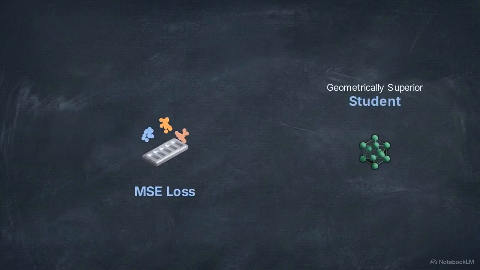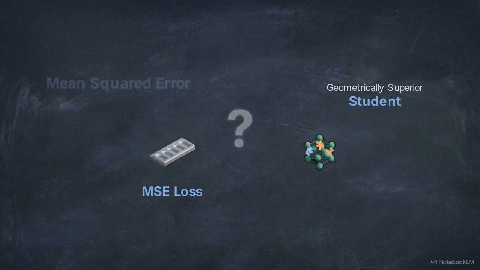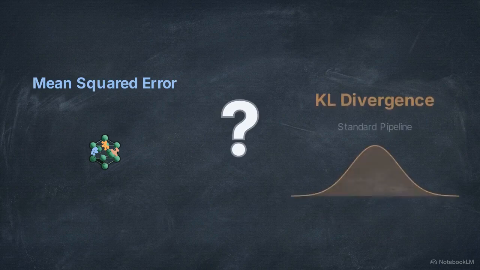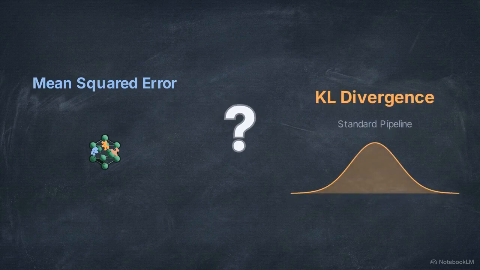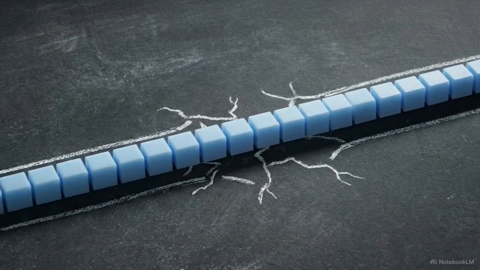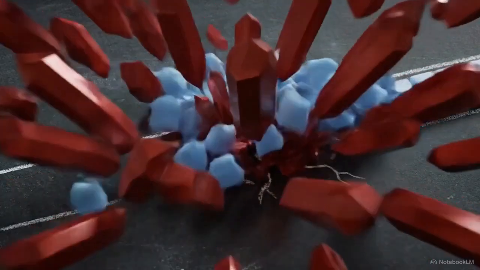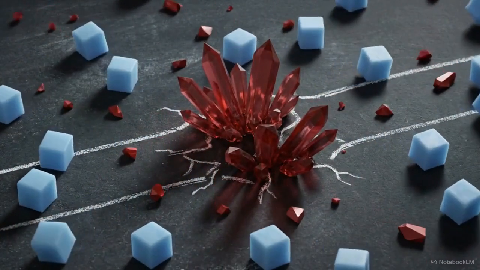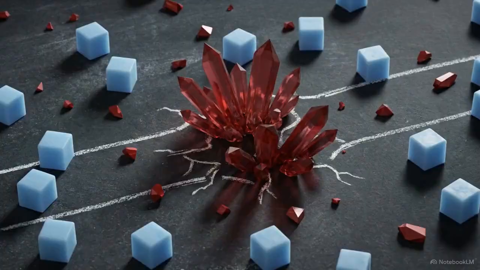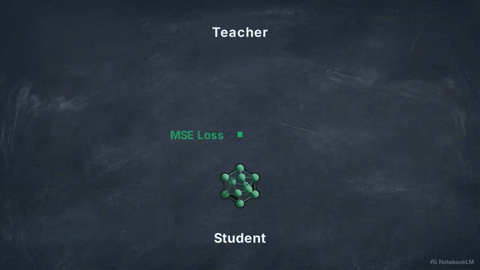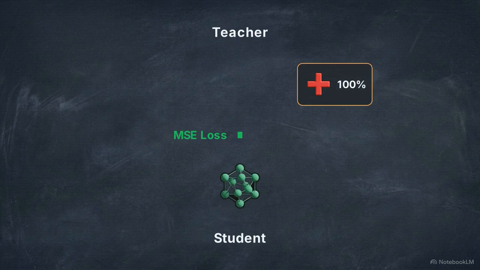If direct mean squared error creates a geometrically superior student, it raises a logical question. Why should a distillation pipeline ever use KL divergence? Perfect logit matching possesses a fatal vulnerability. If the original training data contains corrupted, incorrect labels, it creates a noisy teacher scenario. In this environment, mean squared error is too precise. If a poorly fitted teacher makes a highly confident error on a bad label, direct MSE forces the student to